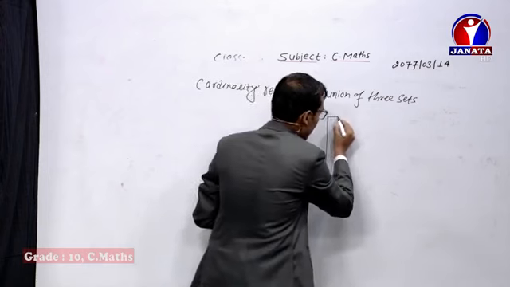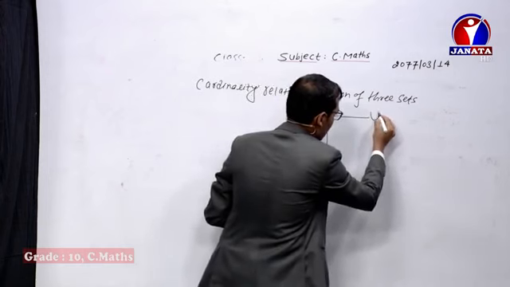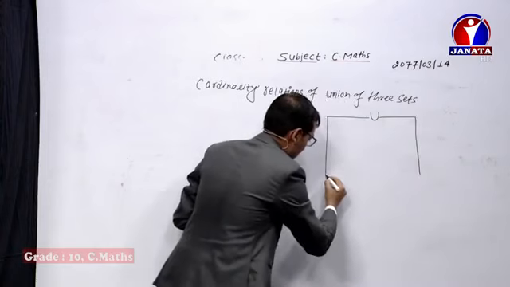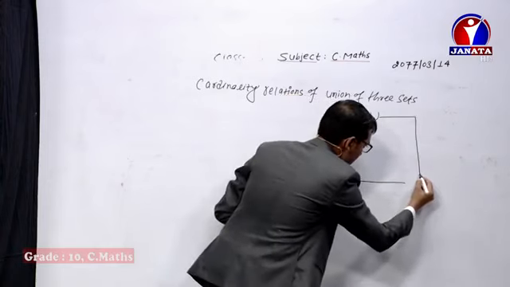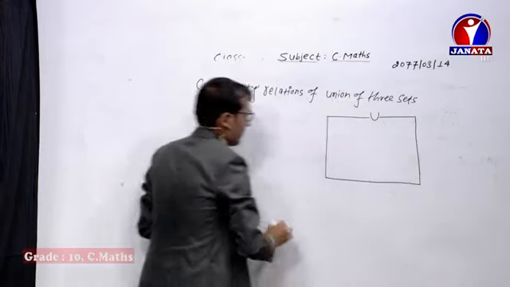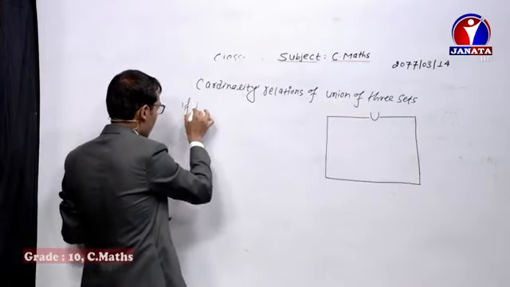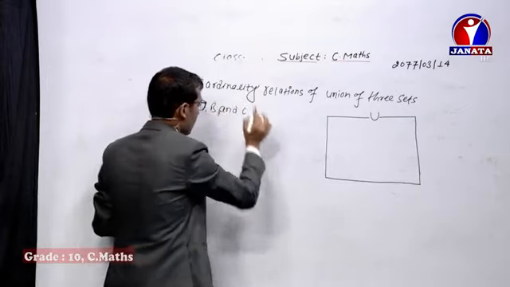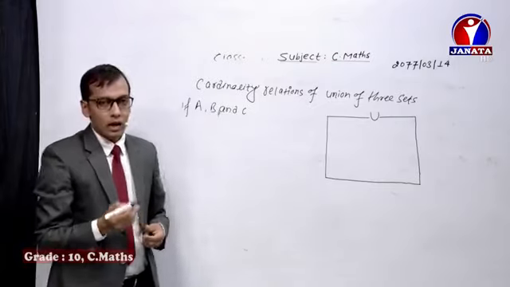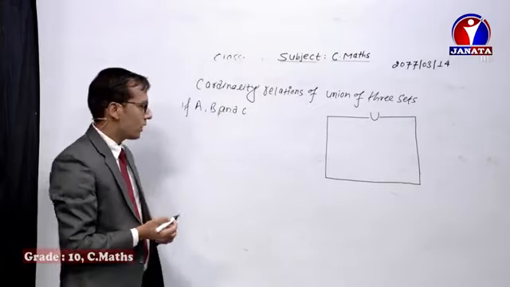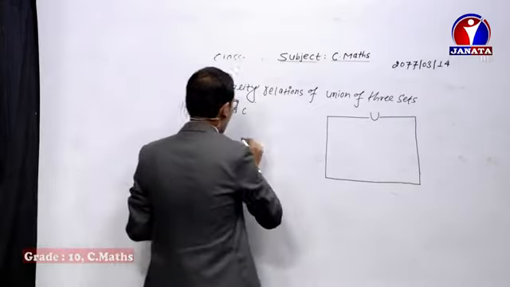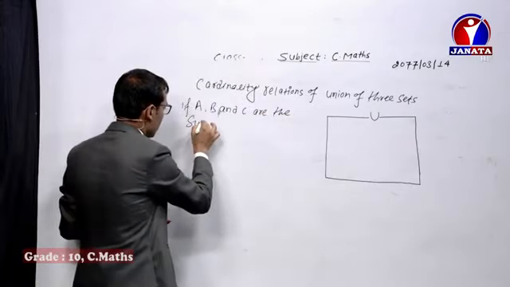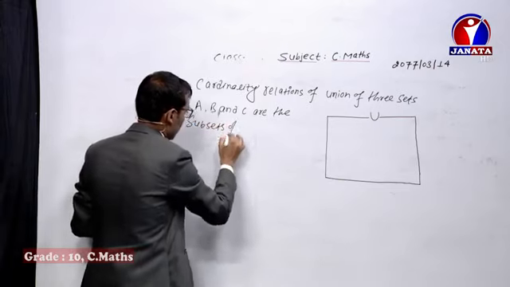It will be easy to learn the cardinality relation based on three sets. If A, B and C are subsets of the universal set U,